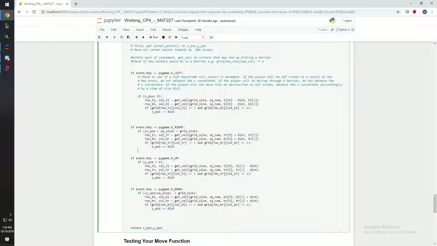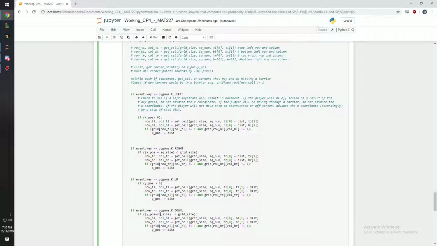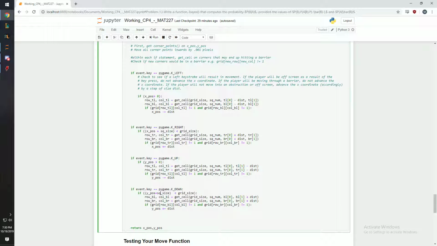All these are structured the same way. The only thing is we noticed that the X position and Y position are grabbing the top left corner of the square, which was fine for movement off the grid in the left direction and going up, but it caused a problem when you were moving out of bounds going right or down, because it was checking your position,